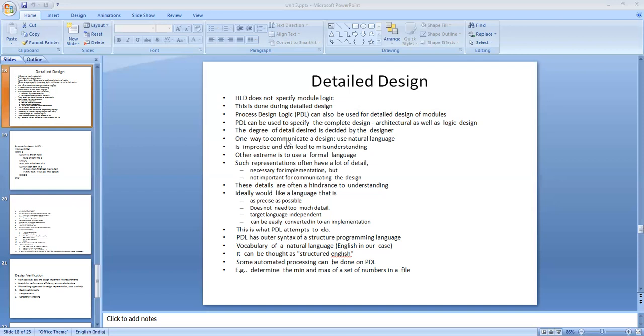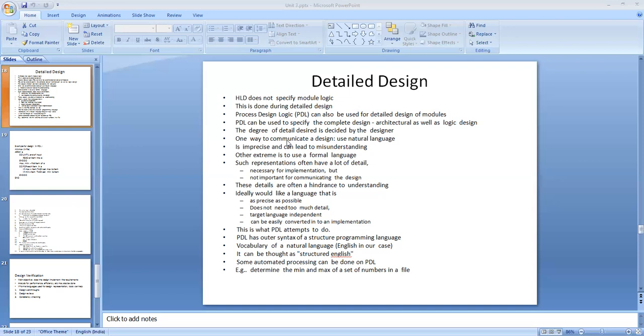This PDL, the process design language, has an overall outer syntax of a structured programming language and has a vocabulary of a natural language.